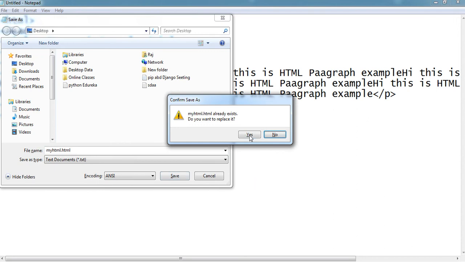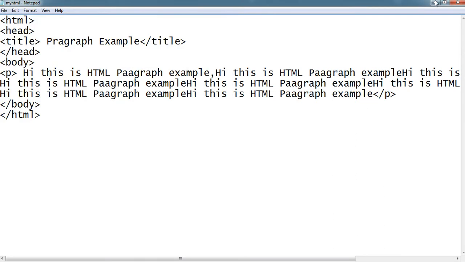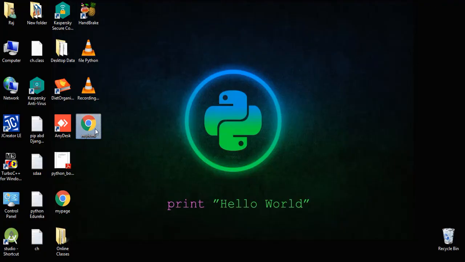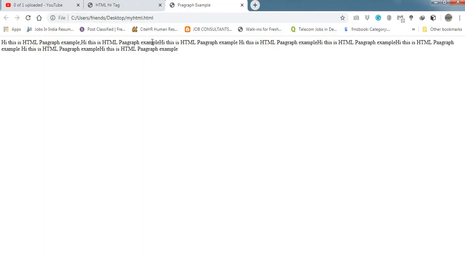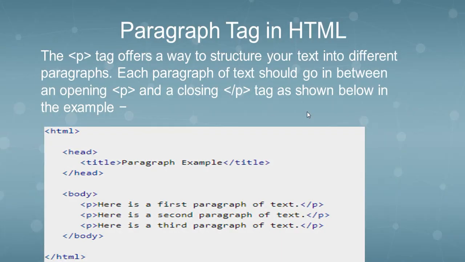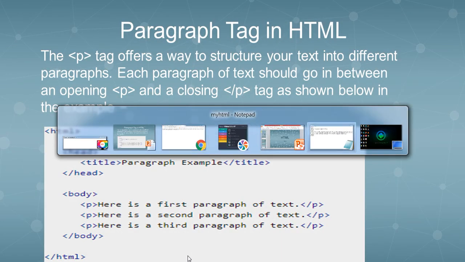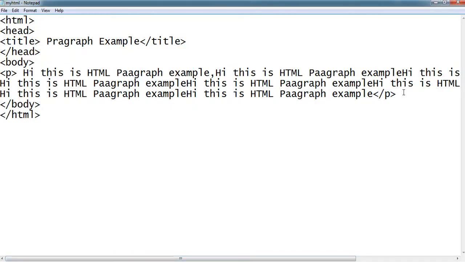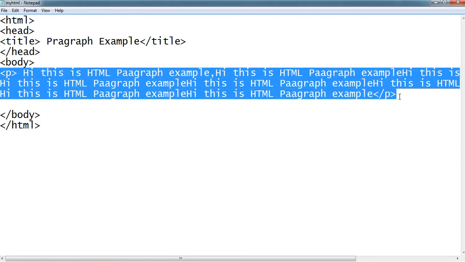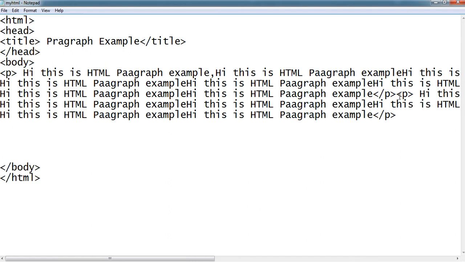It will replace my old file, and then come back to the desktop again. Open the browser, and you can see a paragraph has appeared here. Now we are going to create another paragraph. We'll copy the first code again and paste it.